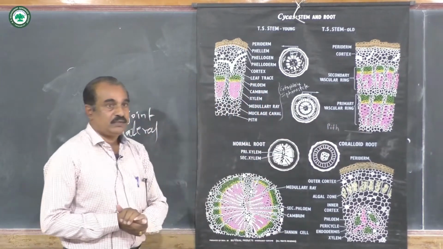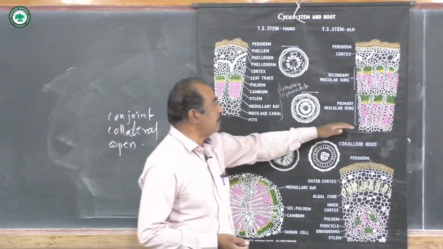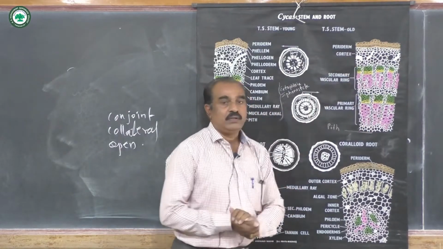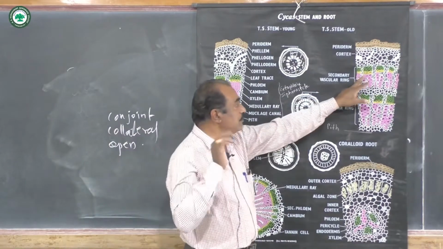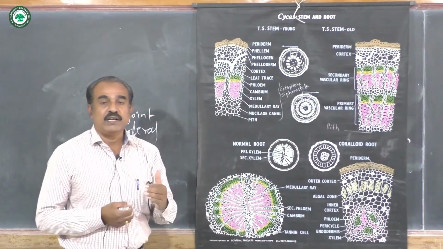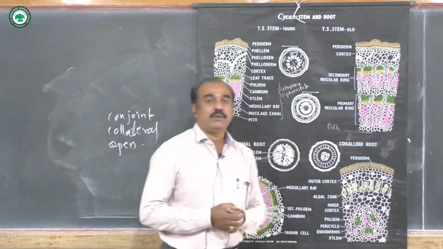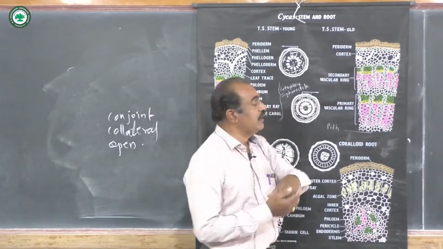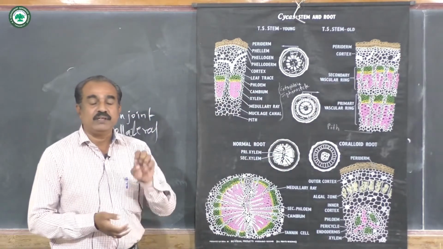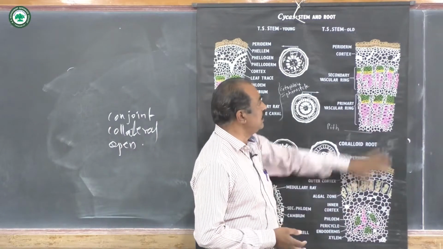Now after this, the cambium becomes inactive, but later on it becomes active and forms in between this primary ring of vascular bundle and the cortex, and there it first forms the cambium ring. Again this cambium ring adds new xylem, that is the secondary xylem, toward the inner side, that means this xylem, and secondary phloem toward the outer side, that means this phloem. In this way a complete ring is formed, which is called the secondary growth, that is the intrastellar secondary growth. This is the first ring, that is the primary ring, this is the second ring,